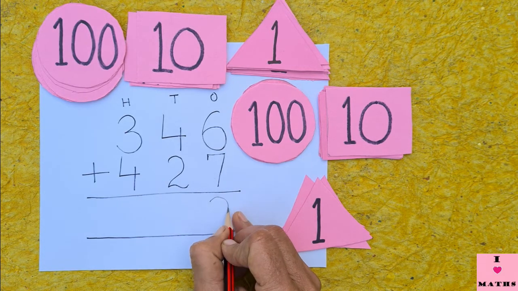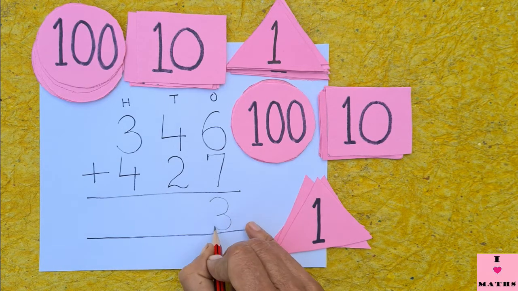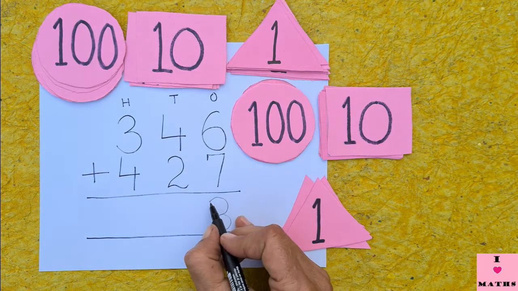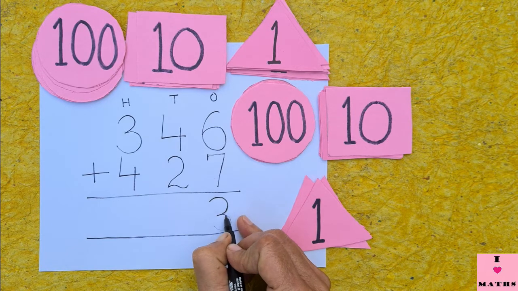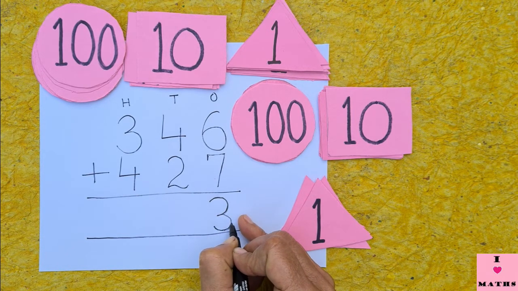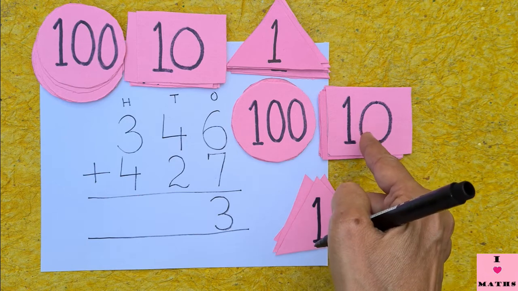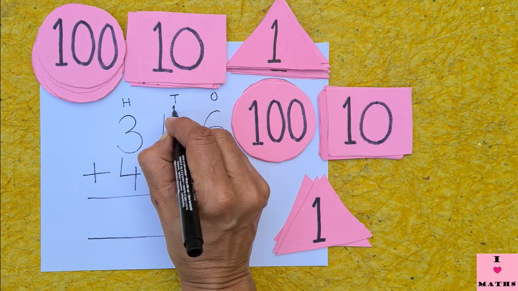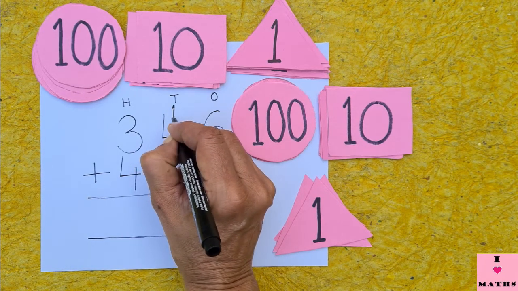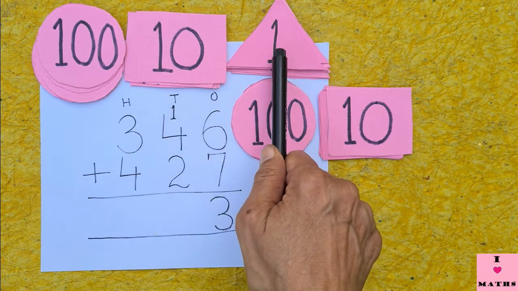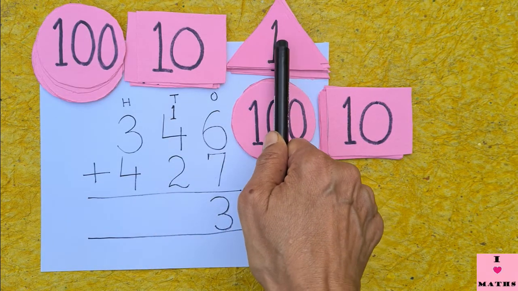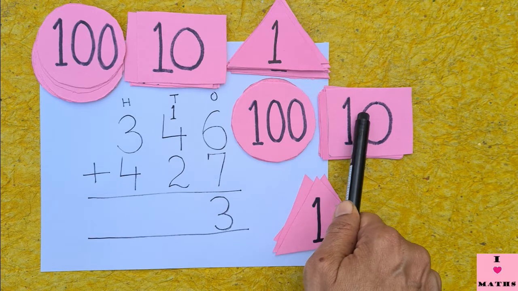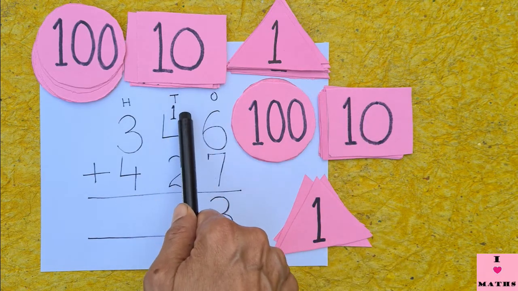So this is 3. Oh, I started writing with a pencil. Let me get a pen. Let me write this with a pen so that you all can see it clearly. So this is 3 ones and the 10 which we have picked and kept in the bundle of tens, that will be the carry over. This is the carry over 1. You remember children, just now we kept 10 ones in this pack and I picked up 1 ten and kept in this pack. So that 1 is the carryover.